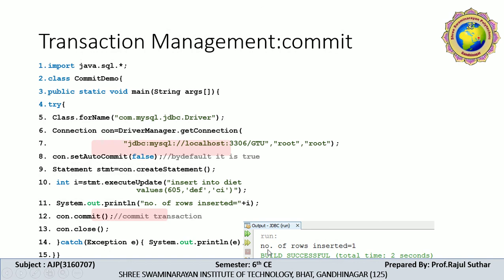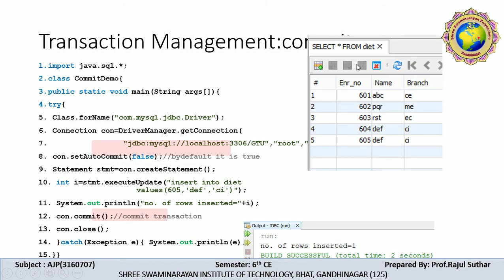System.out.println represents the number of rows inserted is equal to 1, because the integer i from statement.executeUpdate affects one record we inserted. So DML, data manipulation language, that is insert, update and delete, will perform and build successfully, meaning commit successfully.